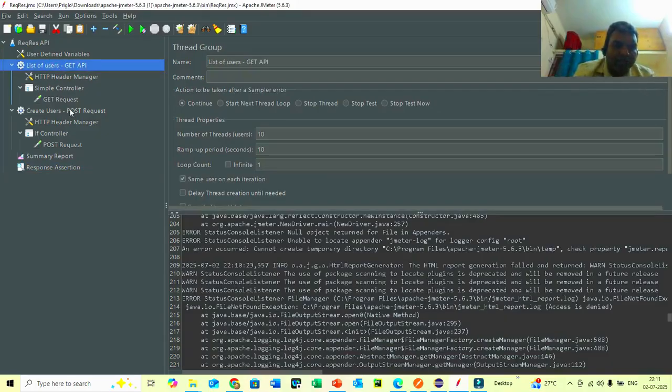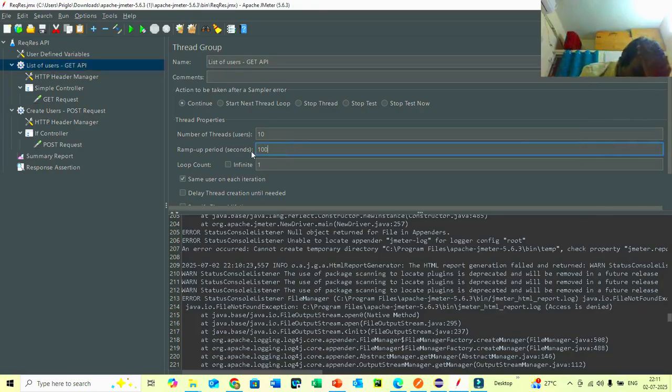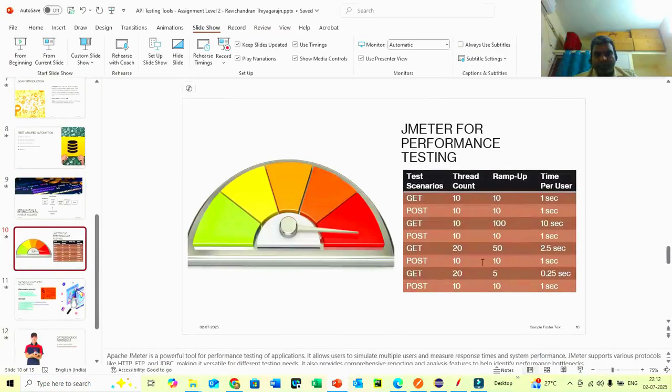for this again we can change the get and this to 100. So the ramp up period is 100. The formula is ramp up divided by threads, which will give the time per user values here. So why I tried this 25 and all means ramp up 5 and 20, which means within 5 seconds this 20 should be completed. So it threw a lot of error here